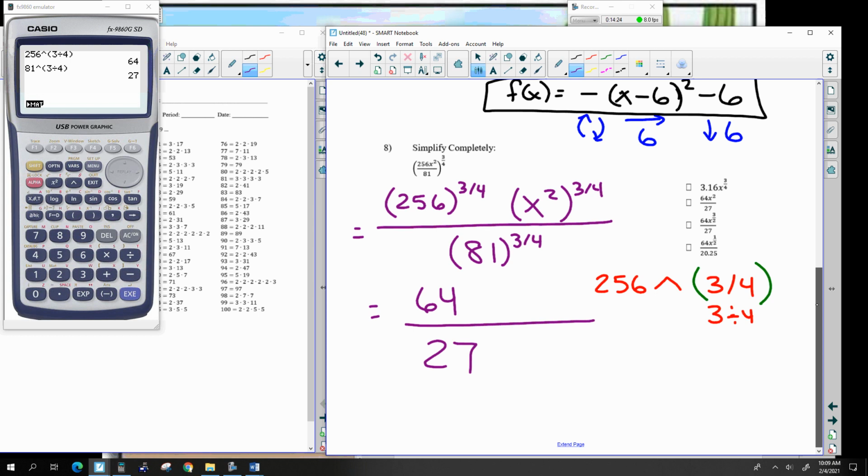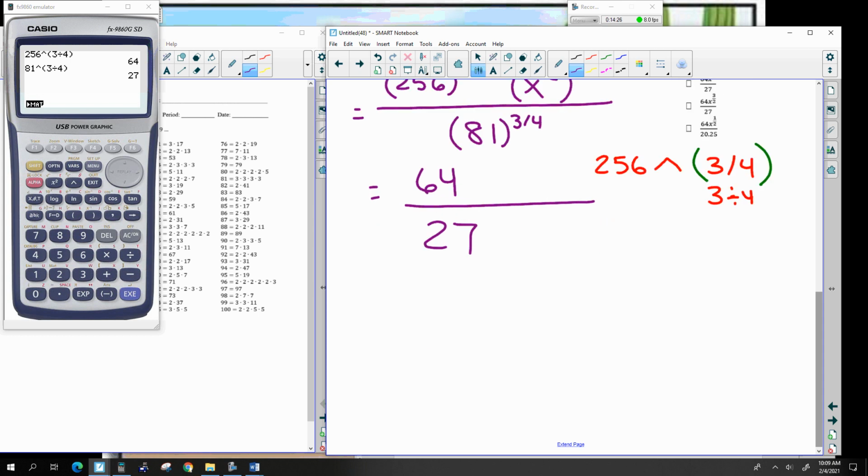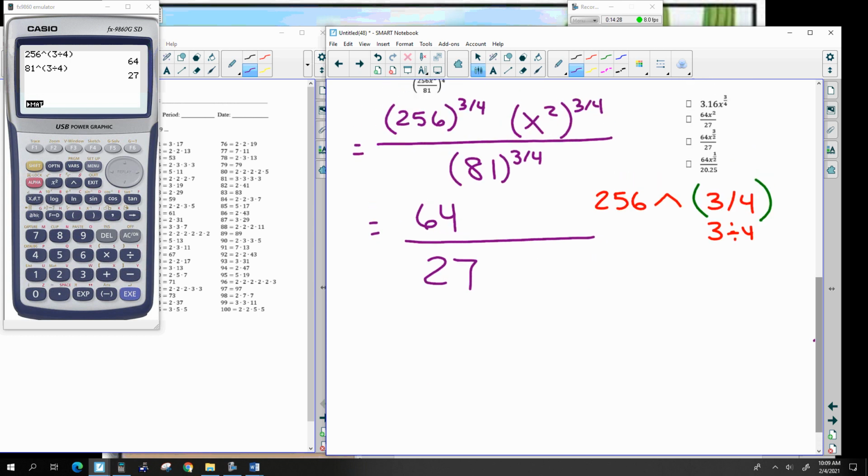Okay, now the x. So I have x squared to the 3/4. What do I notice about this? That's a power to a power. Pow, pow, multiply now. So I need to take 2